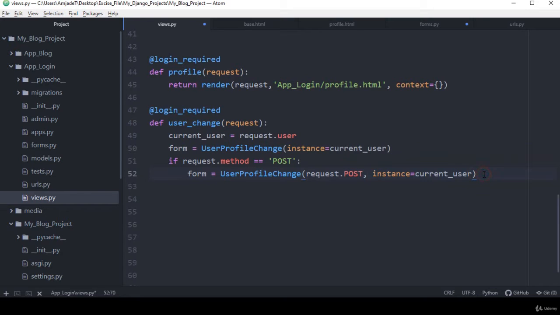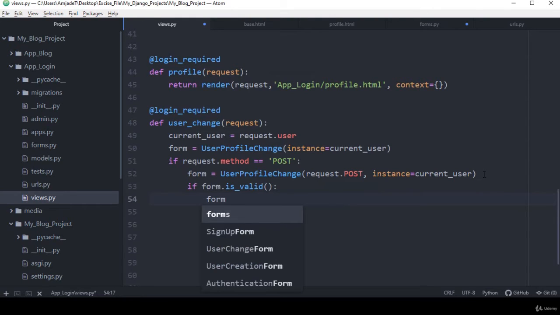After that I want to check whether this form is valid or not. So I put if form.is_valid, and if it is valid, I simply save this form. And after that, inside the if condition,